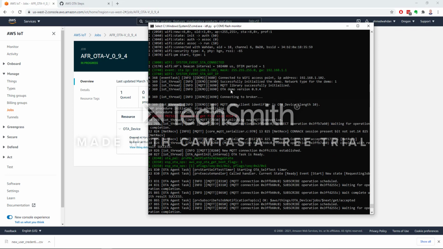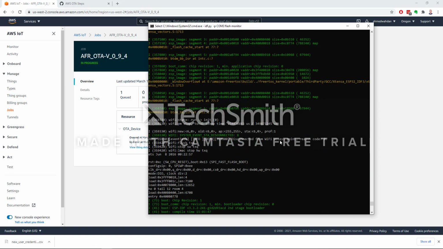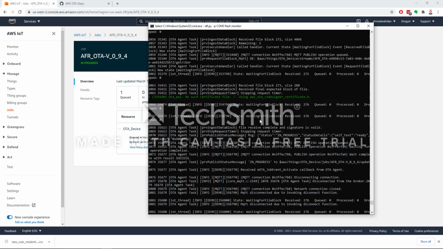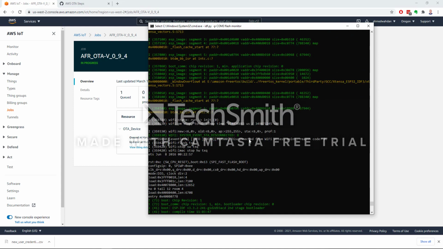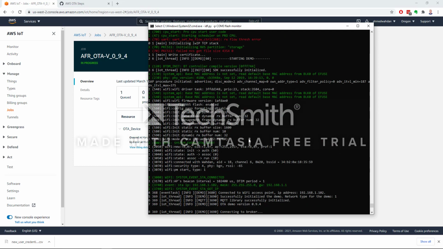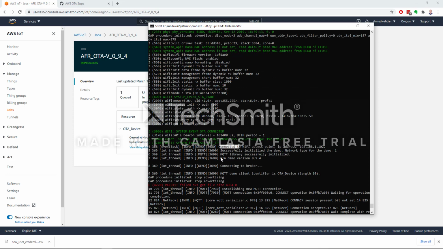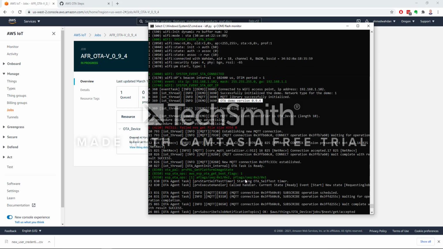Yeah, our demo is OTA demo version 0.94, and the test was okay. We can go back to check all the signature and so on. This is the end of the completion. Yeah, file received complete and signature is valid. Stopping the timer, and it will restart to test mode, and after testing it should mark the, yeah, the version is updated, and starting self